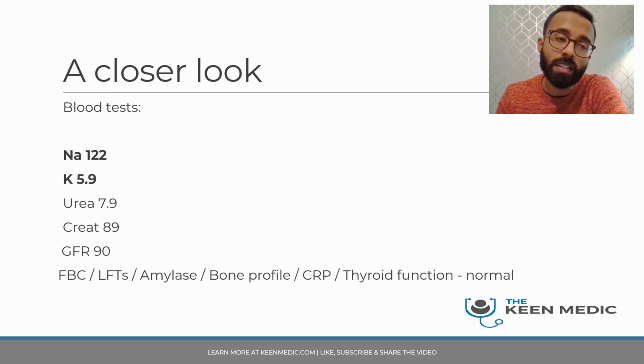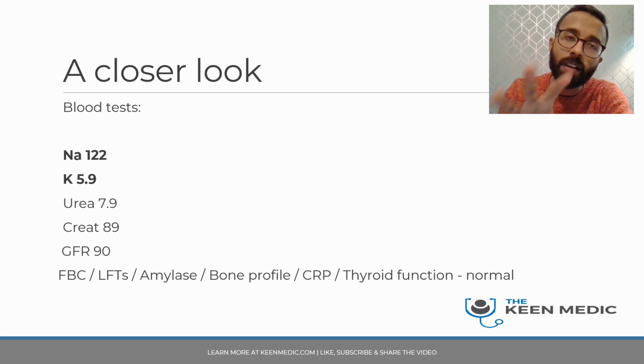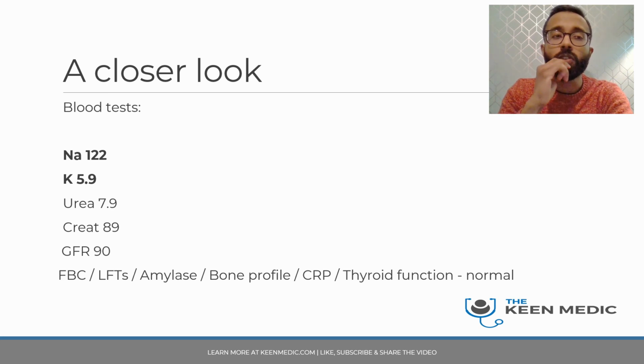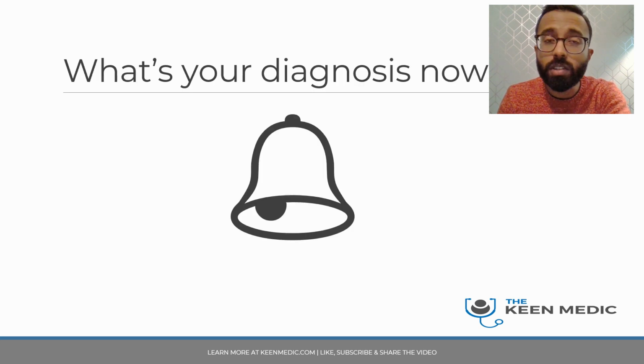Okay, so that's all important, relevant information to think about and to rule out. The most relevant information in this slide are the sodium, potassium, and the urea. So remember that low sodium, high potassium, and high urea. Based on what we know so far, I want you to now think about the diagnosis, the one